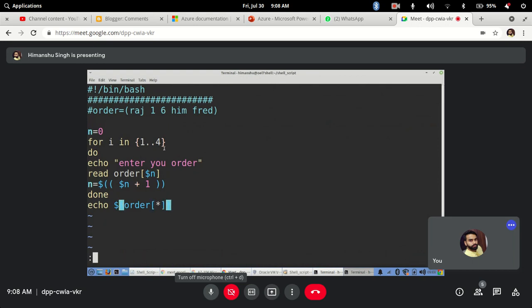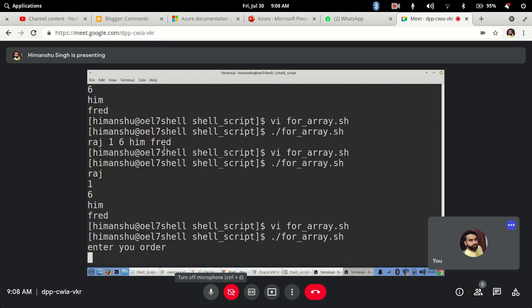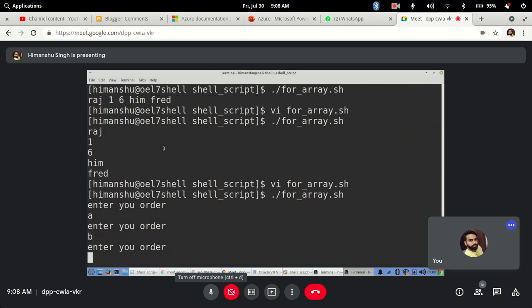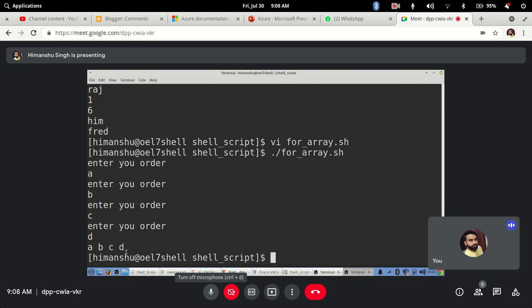Clear? And if I save it and run it, it will ask you for an order. Let's say I give A, B, C, D. So see, at last when I print it, it will print me all the values. So you can use it in read also. An array can be used the same way as your variable. Only thing is you don't have to define multiple variables; you just have to maintain which array position you are working on.